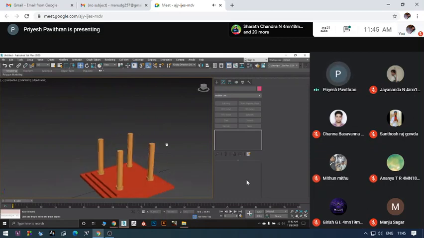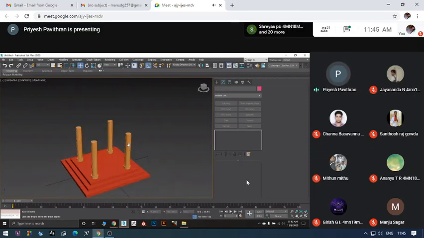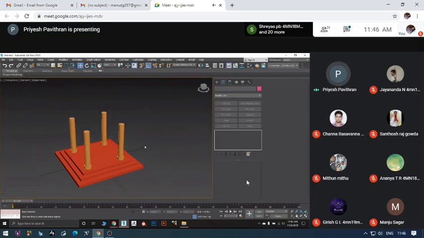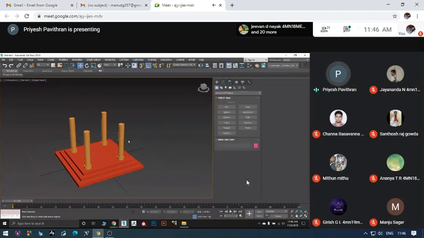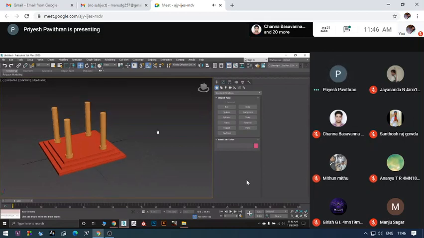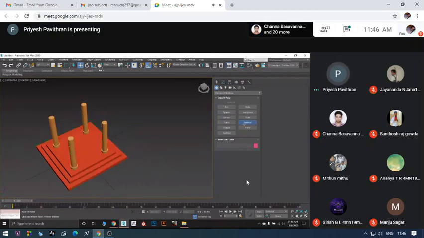So upon these pillars, I need a roof which looks like a cone kind of thing. So here you have two options. I'm leaving it to you. You can use either cone or you can use pyramid. I suggest you to go for the pyramid shape. Take the pyramid shape,